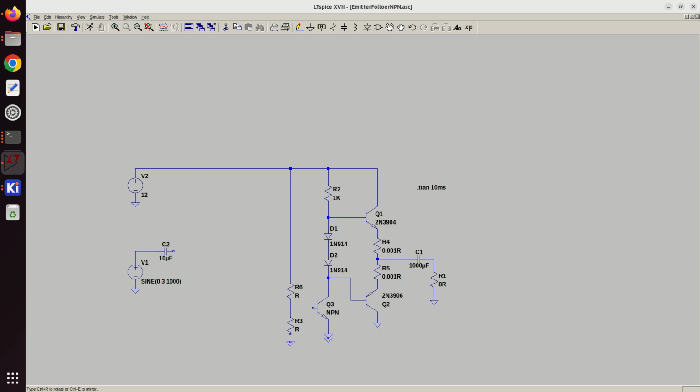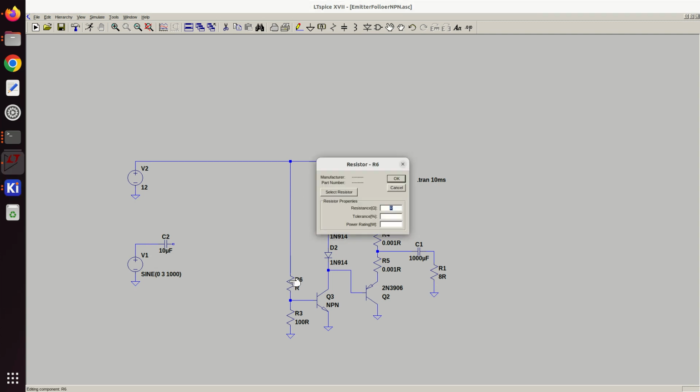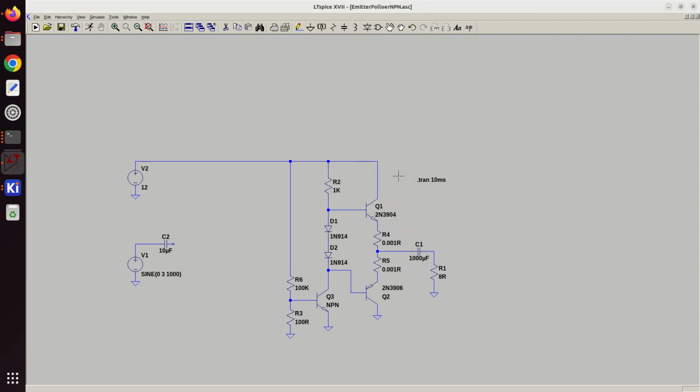I probably should put a resistor in there. Let's try it without it first, and then we can add it in and see what happens. So let's just pick 100 ohms and 100k. And we just see what this looks like, and then we can